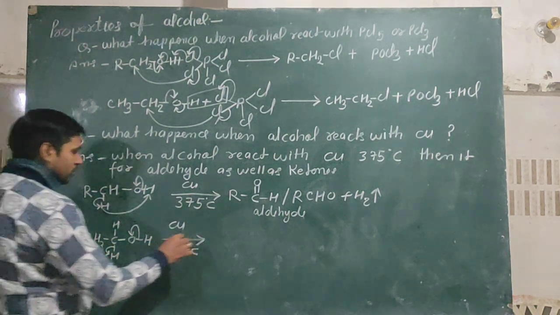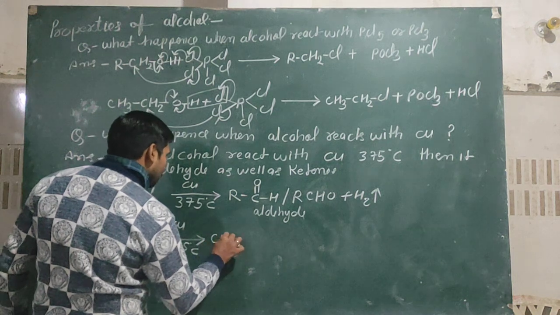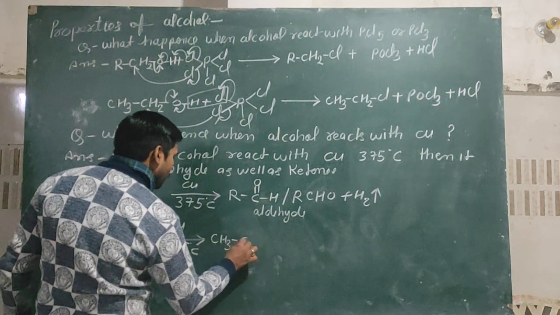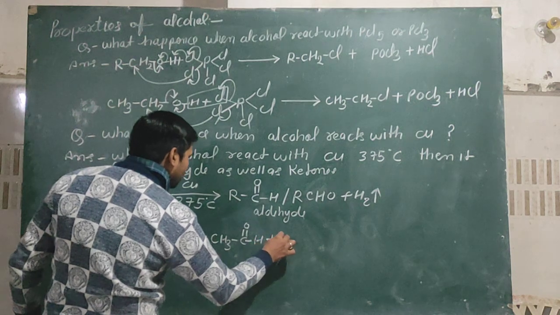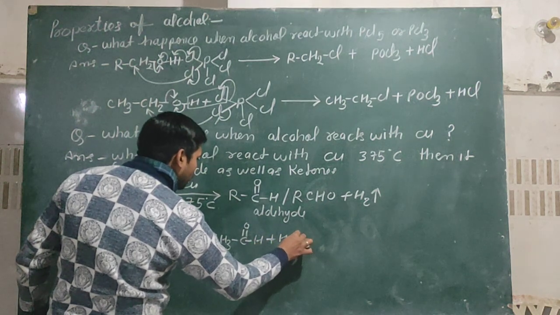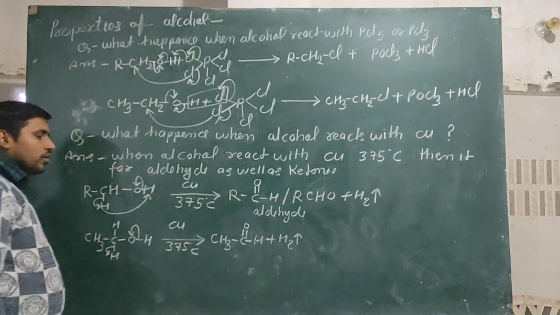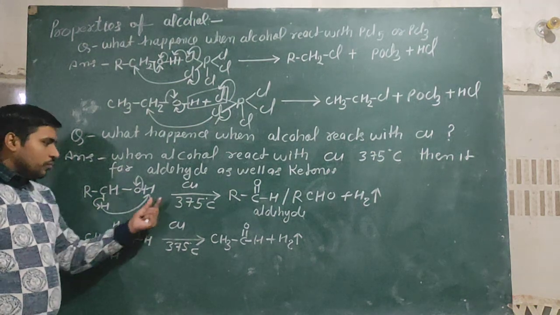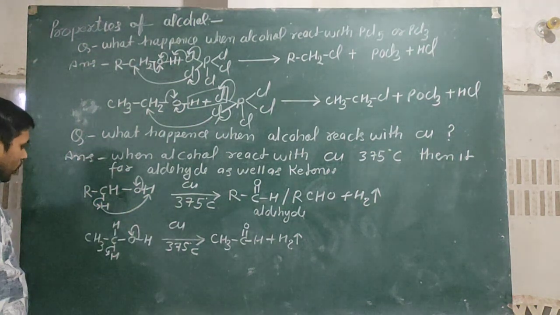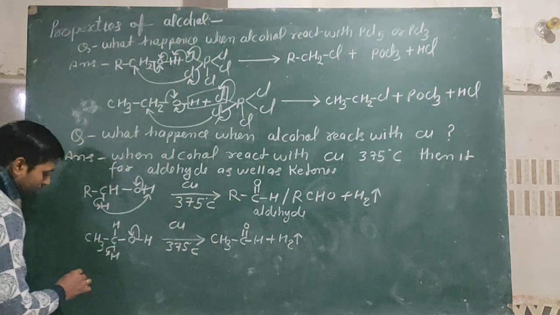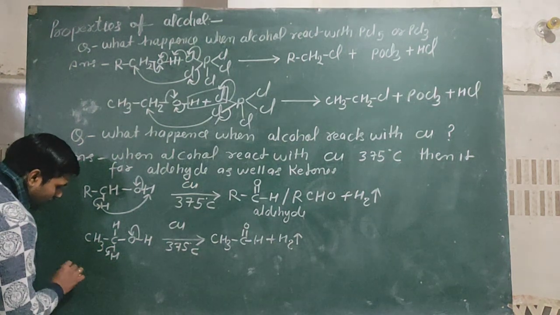As a result, it forms CH3CHO. Formation of H2 gas takes place. You can see here that in presence of copper alcohol changes into aldehyde, but if we take a 2 degree alcohol like